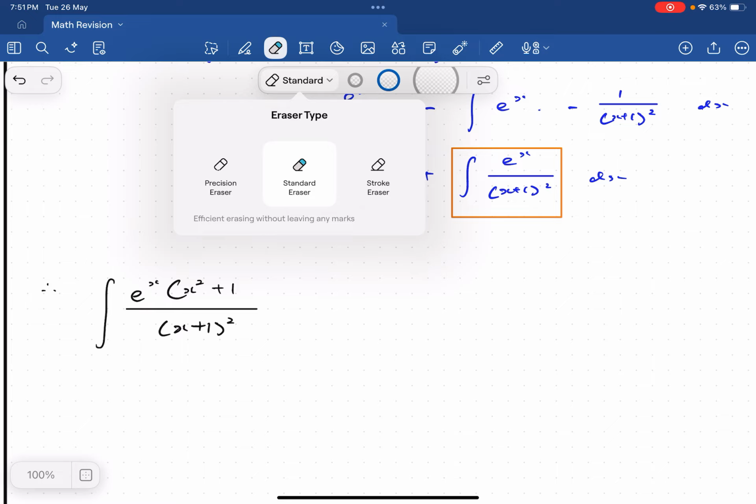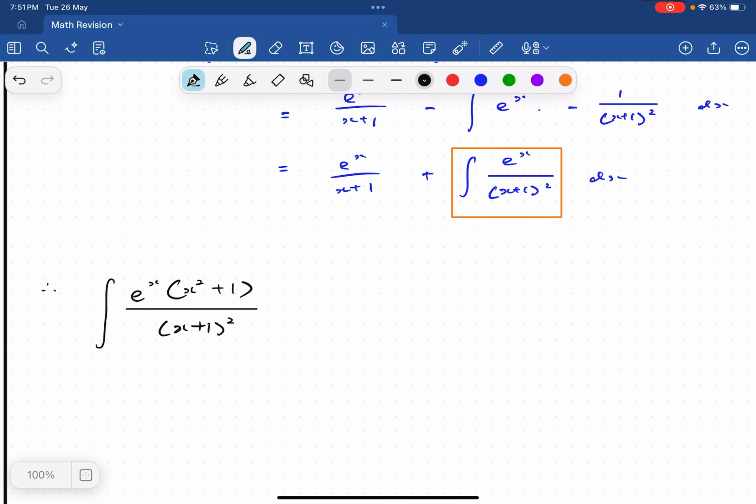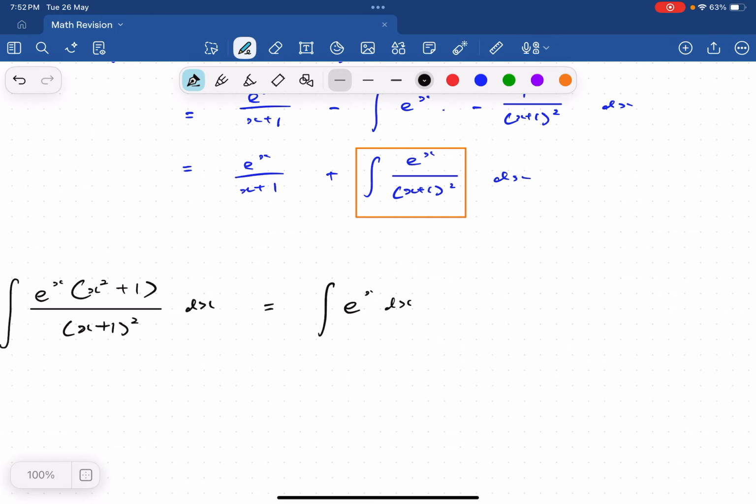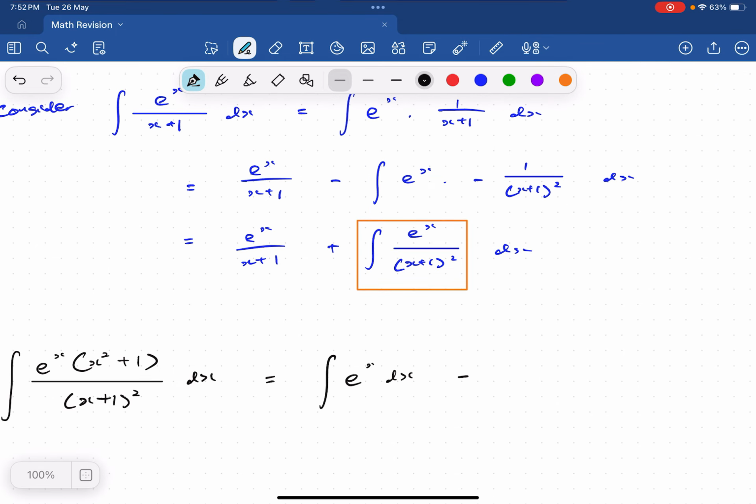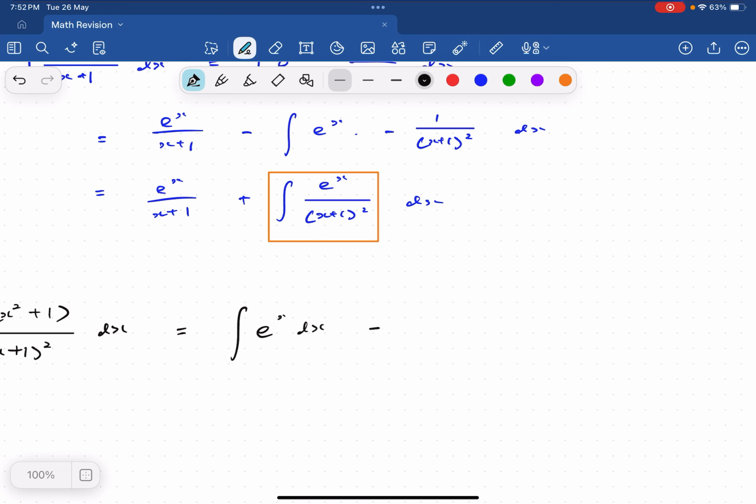Okay, this integral is going to be equal to our first integral minus, okay, e^x over (x plus 1) dx. I have established that it is e^x over (x plus 1) plus this orange integral here,